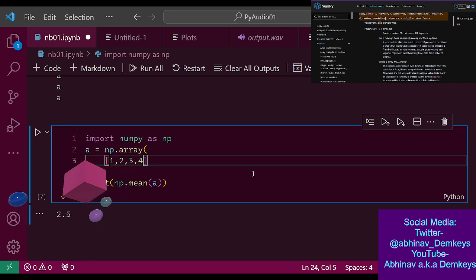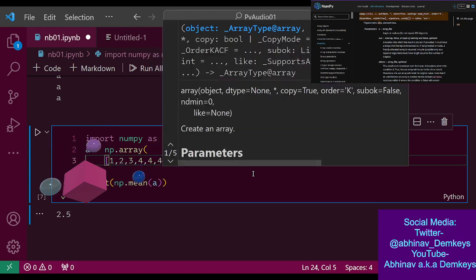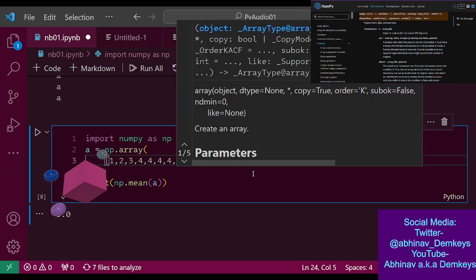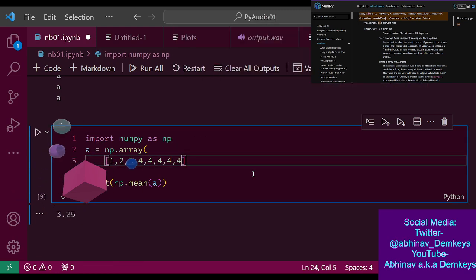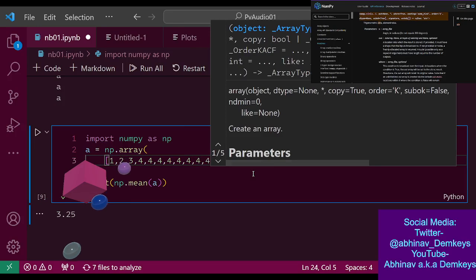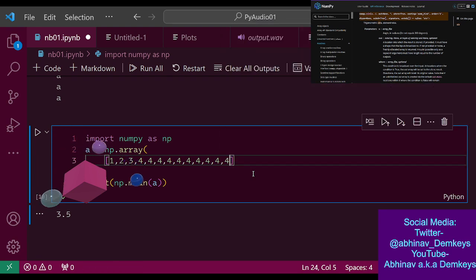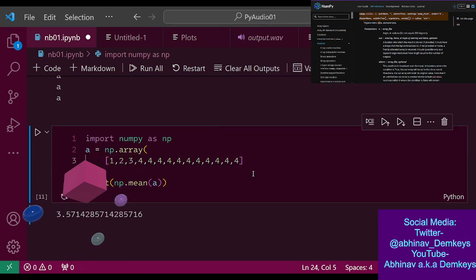Okay, so if this is taking an average, what if I give multiple? Okay, so now that changes. Now it changes even more. Okay, so there's an issue here. Actually, no, there's not an issue here.